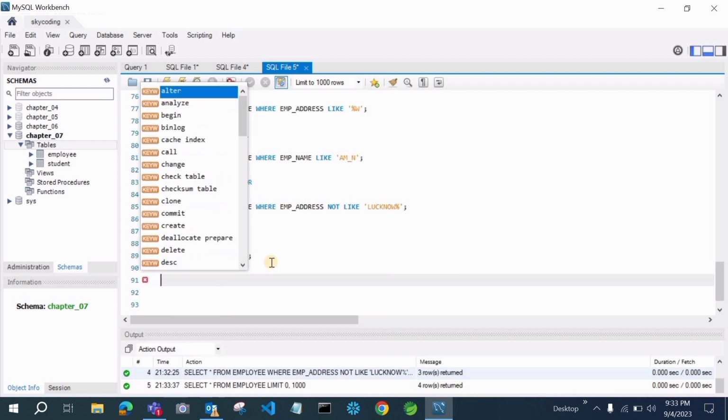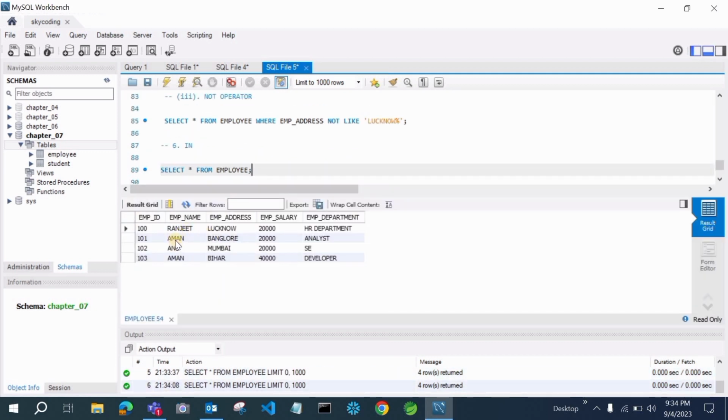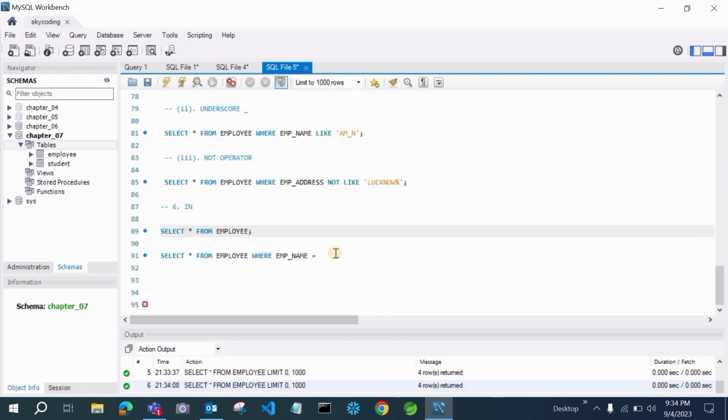Okay, so we will simply write the query select asterisk from employee where emp name. Suppose that I am just putting the conditions on emp name. Okay, so what names am I having? We are having Aman, Ranjit and Anu. So I want to fetch the data for Aman and Anu. So we will simply write where emp name is Aman,